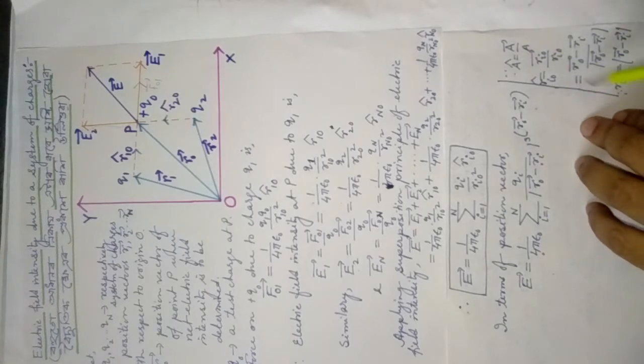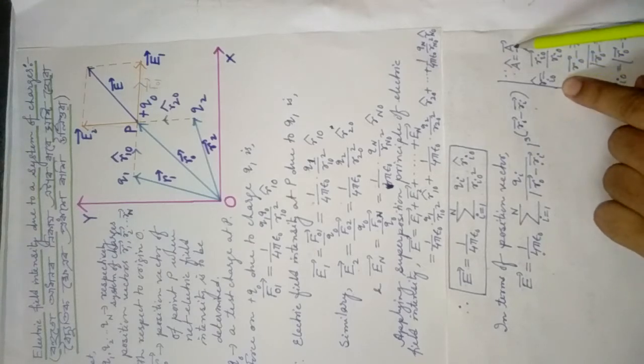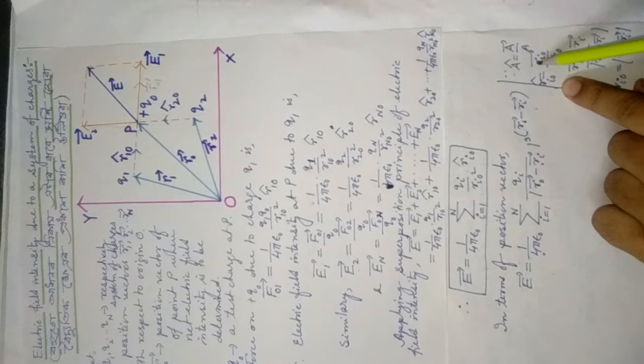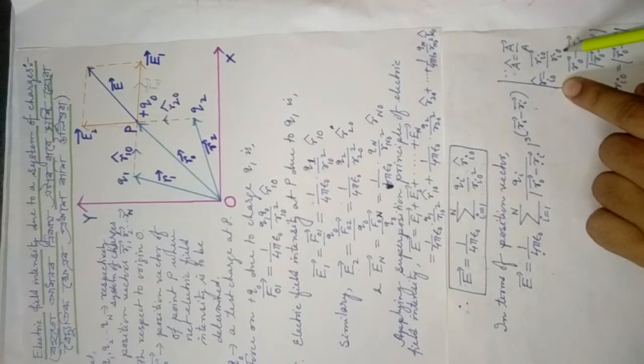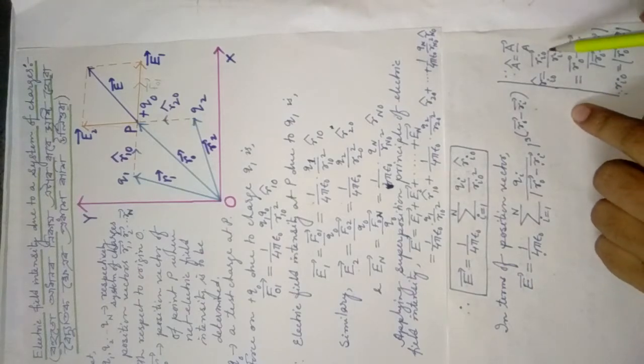That's why r cap i0 means what? Vector. What is the vector? The vector will be r vector i0, and its magnitude will be ri0. I already gave the concept of displacement vector. This is the starting point i, and this is the final point. That is why, you know, displacement vector is the final position vector minus the initial position vector ri vector.